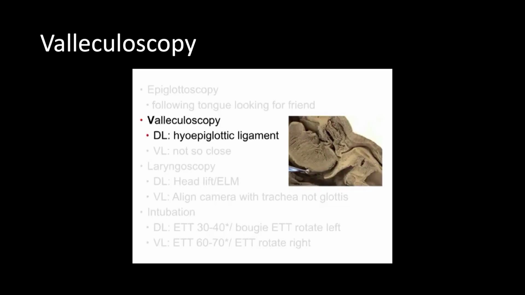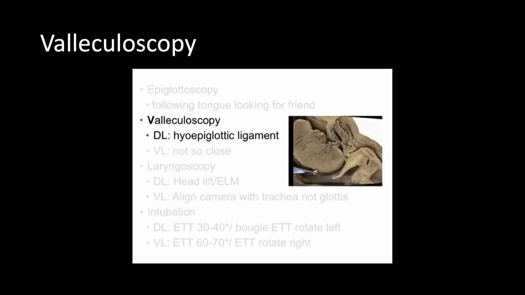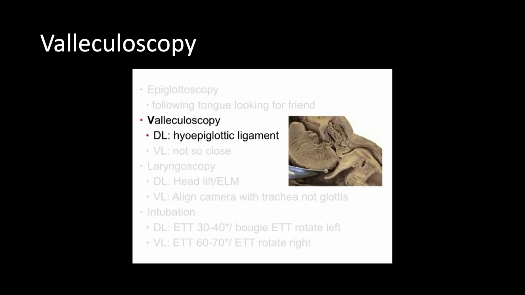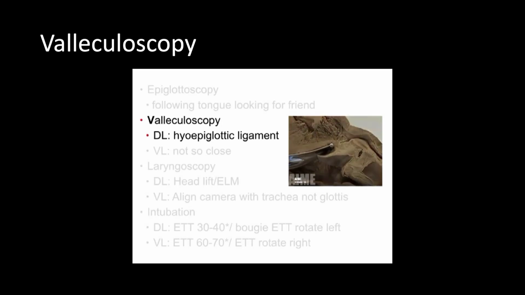So once you visualize the epiglottis, you're going to insert your direct laryngoscope blade into the vallecula. And you can see here that if you lift too early before you engage the hyoepiglottic ligament, the epiglottis doesn't move. Once you engage that ligament, small amounts of pressure can lead to dramatic changes in the epiglottis location. So make sure that you're inserting your blade deep enough, and if you're not getting the desired lift in the epiglottis, you may need to insert your direct laryngoscopy blade a bit deeper in the vallecula to engage